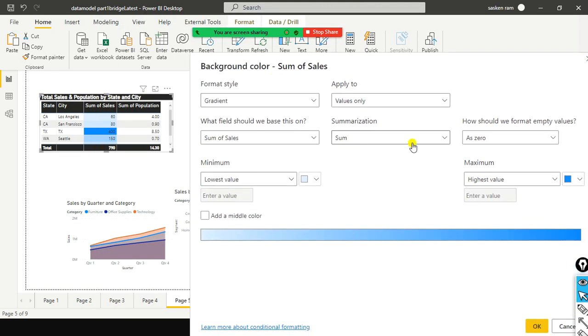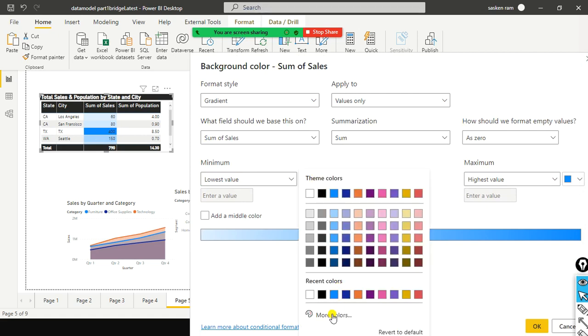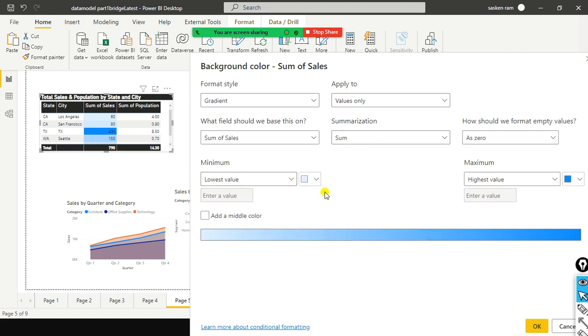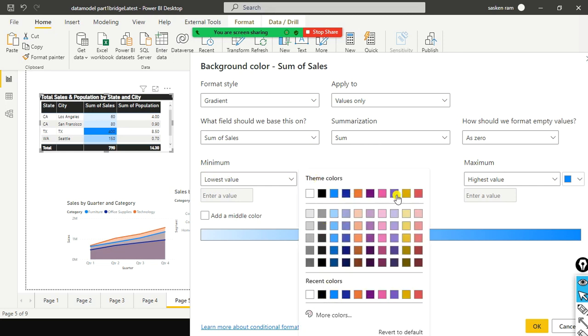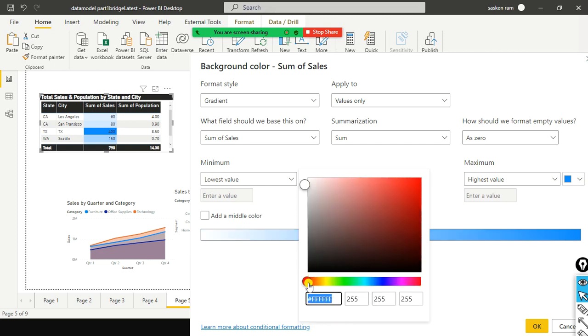Okay, and here the summarization is sum. I'm not going to make any changes here. Lowest value, for the lowest value specify this color. So instead, what I'm going to do is I can select my own color. Lowest value should be highlighted in red color. So you need to click on this down arrow here, and you can see red is not there. Then click on more colors. Look here, the red, you just click on it one more time, and you can see the red color